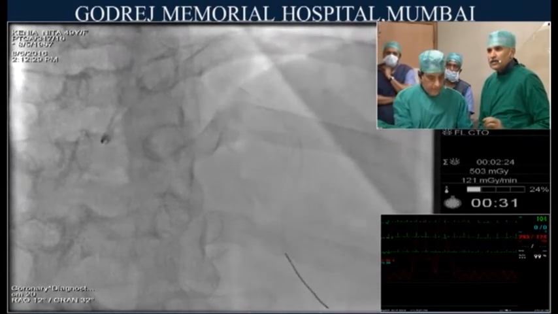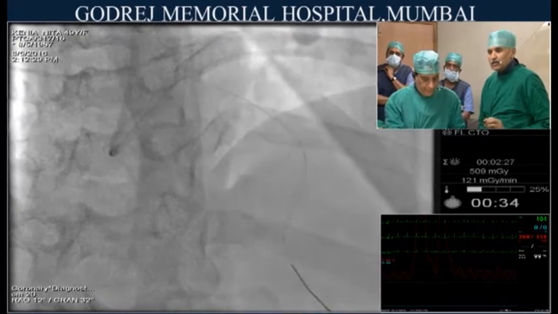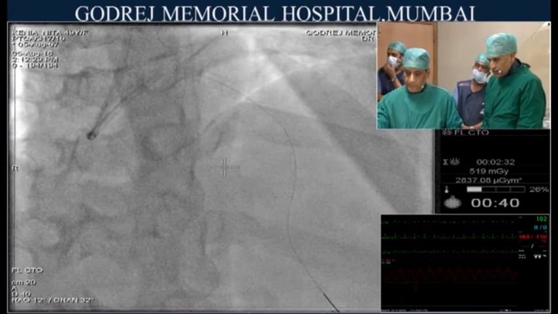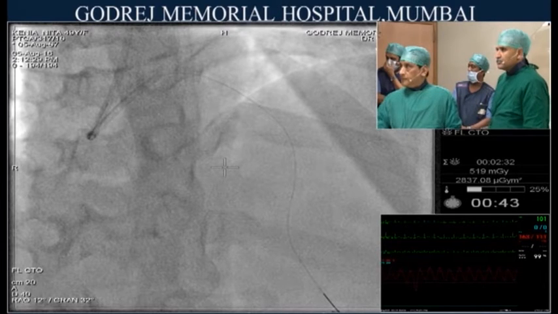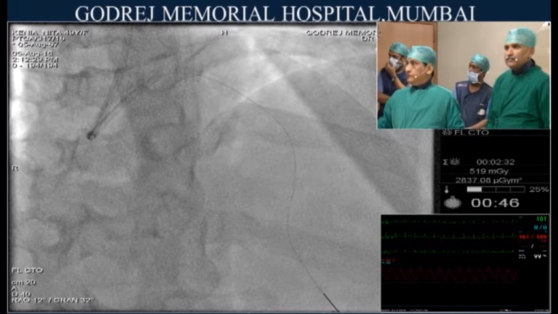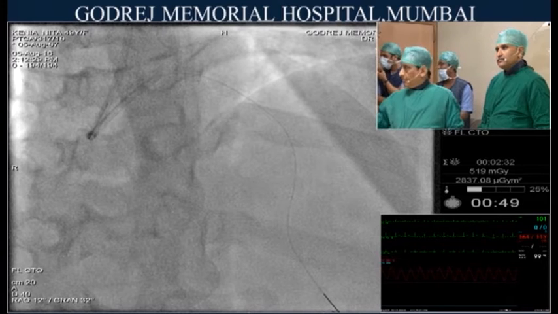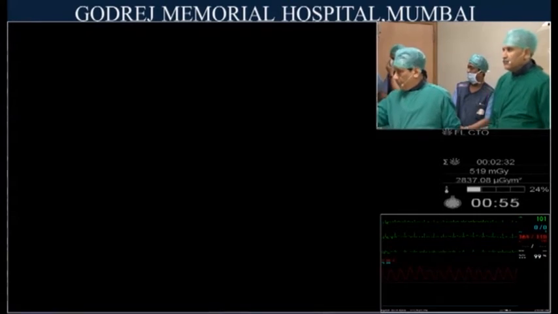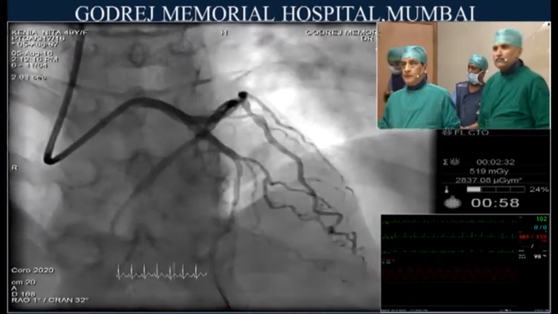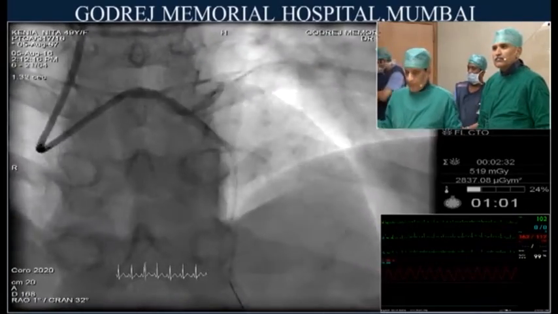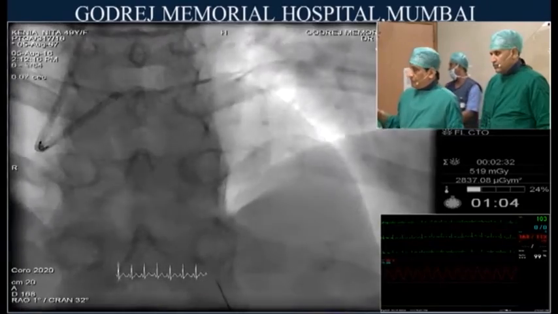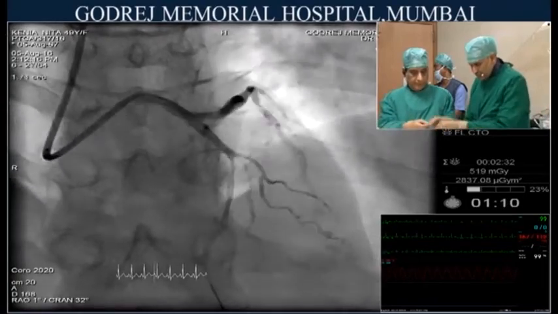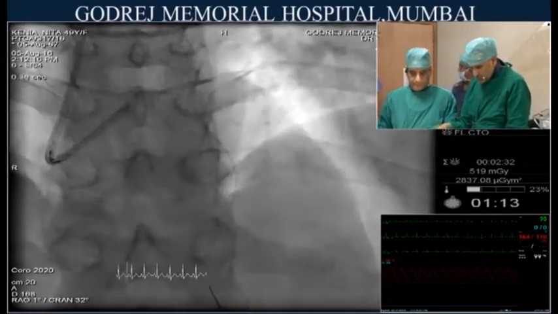So, it's a large diagonal. Now, lengthwise, we have decided on a 44 millimeter stent. Okay, let's get a wire. We need one extra, additional wire into the diagonal. Give us this, and play the last view so we can see it a little better. Give the wire. Good. So we have the second cyan blue, because cyan blue is the workhorse here. That's a very good wire, the cyan blue.